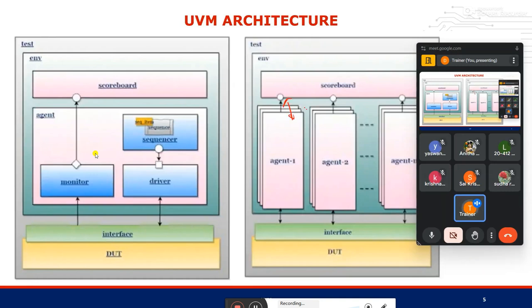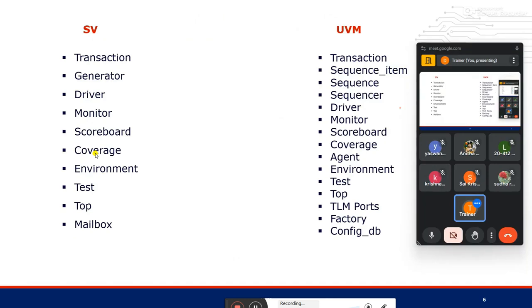Okay, so as I told, you can use n number of agents. That is what they just want to convey. And here in SV and UVM, same files only, but we are changing the words. Transaction is called a sequence item. Sequence is nothing but the generator. Sequencer means it's a bridge between the generator and the driver, or between the sequence and the driver. We have some extra concepts, those we have listed out. That's it. An extra hierarchy we are using, that is agent. Coverage, if you want, you can write inside the scoreboard, or you can write inside the subscriber file.